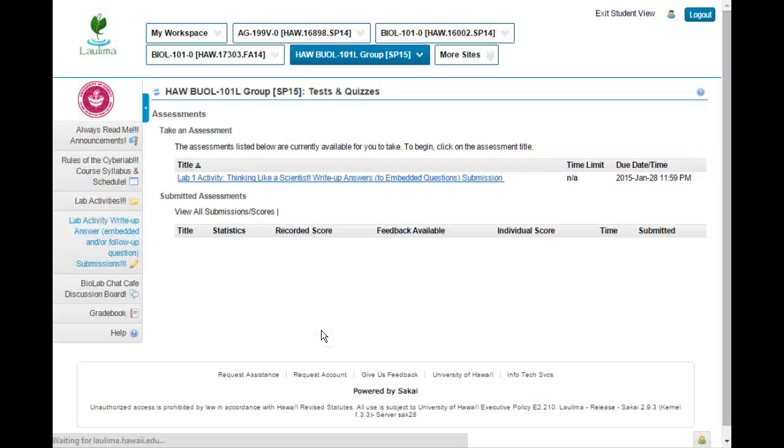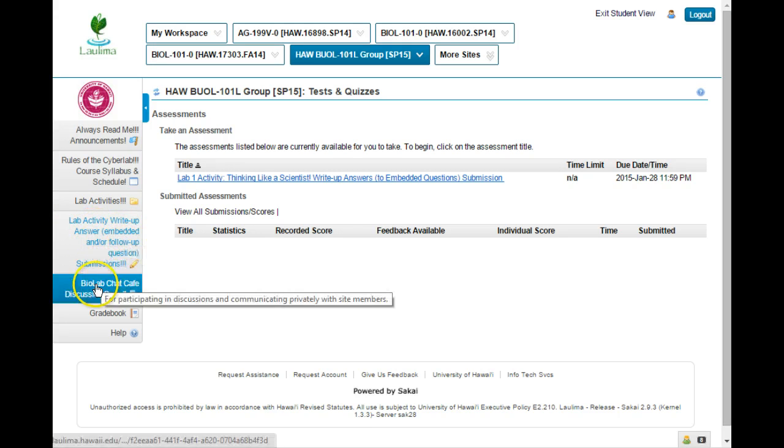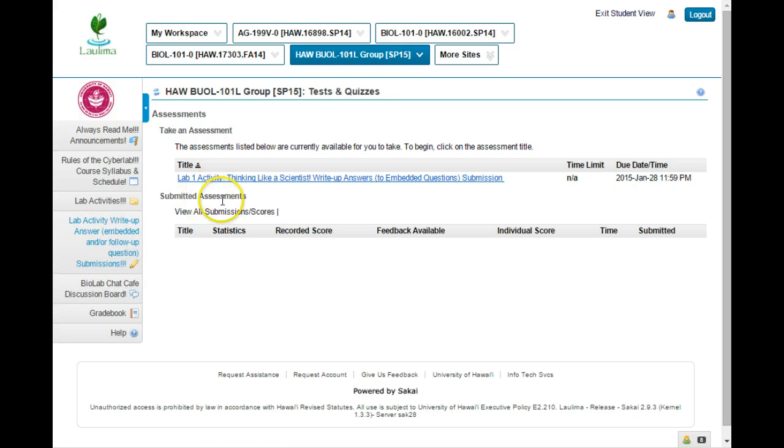If we click that, there will be a link for that lab activity. So notice Lab Activity 1. Where we actually are, I put a link directly within the activity folder, but notice that you could also access this through this content button right here. It says Lab Activity Write-Up Answer Embedded and or Follow-Up Question Submission. So I could get to this page by clicking that as well. So if I click here,